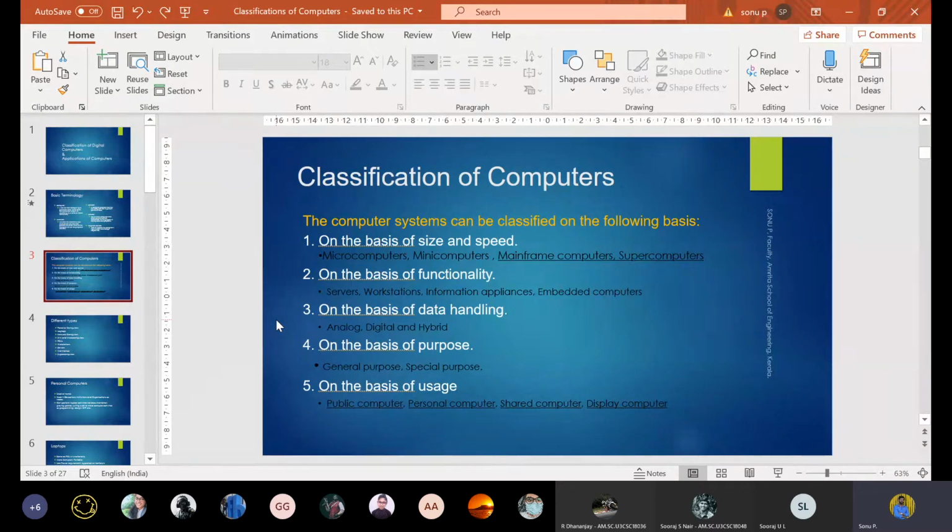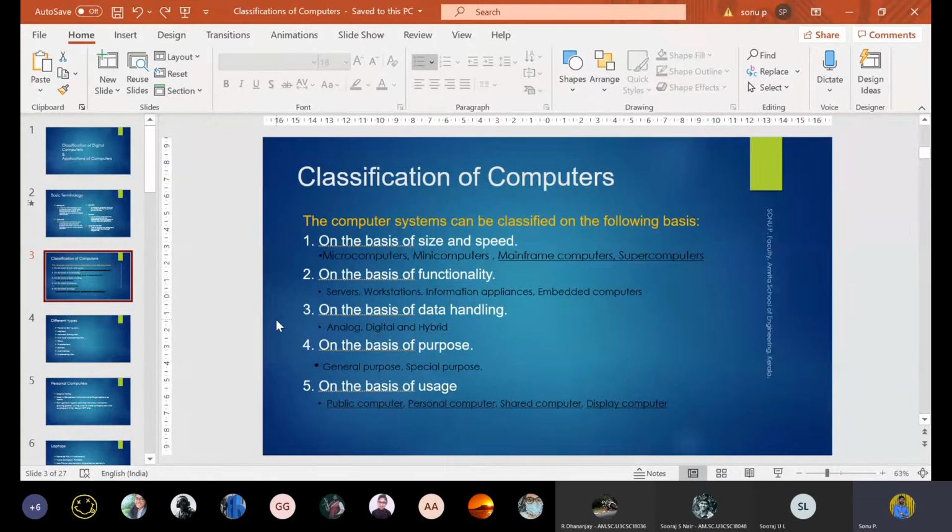The main advantage of analog is that it is faster, and the advantage of digital is that it provides accuracy. So faster and accurate computing is possible with the hybrid version, the mix of analog and digital computers.